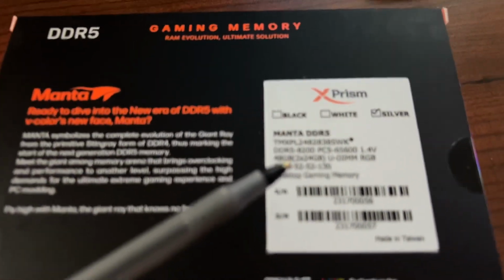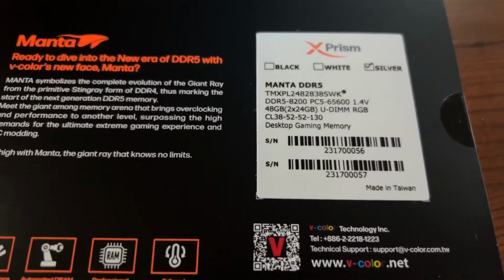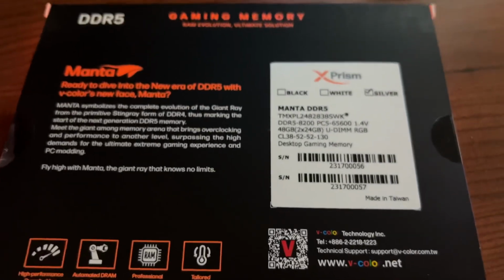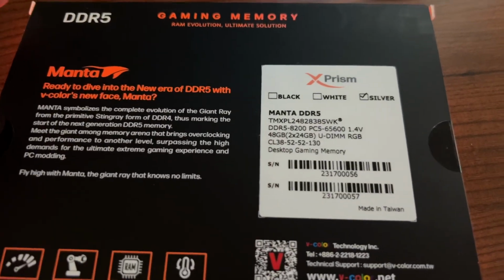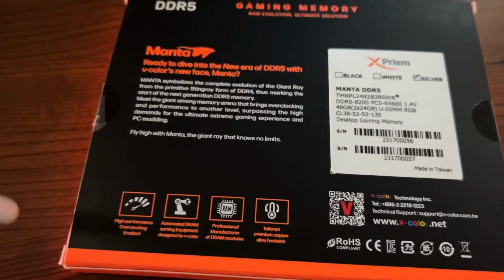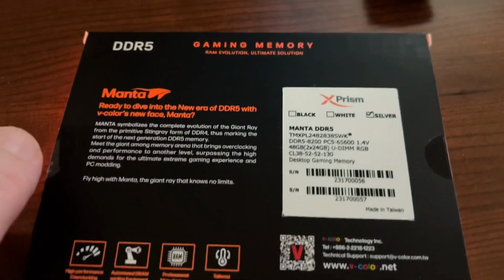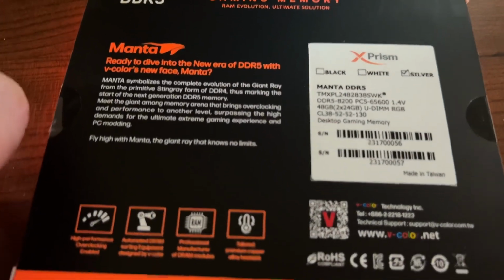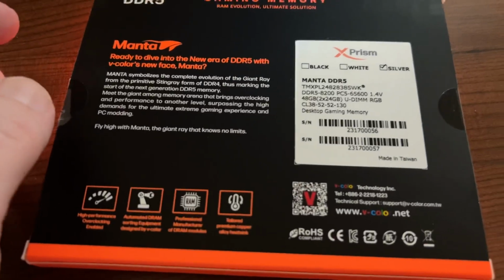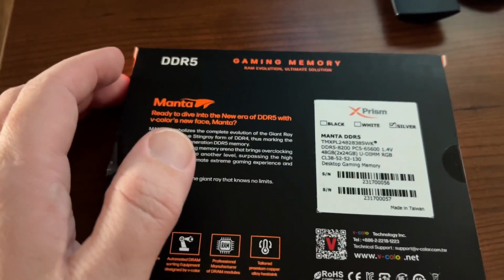You take a look here, and this is the 8200, CAS latency 38. So I'm very interested, and that's just with 1.4 volts. So this stuff is pretty good. I'm excited to test it. DDR5 8200, CAS latency 38, and that's with the 48 gigs of RAM. This stuff is, I think,